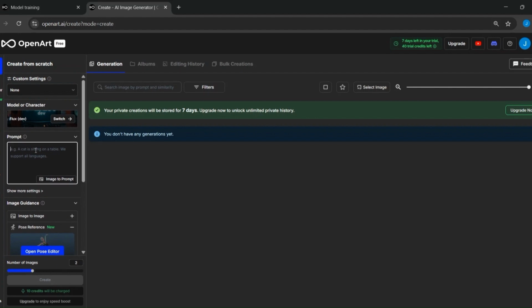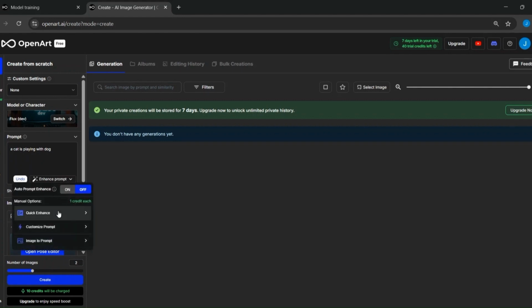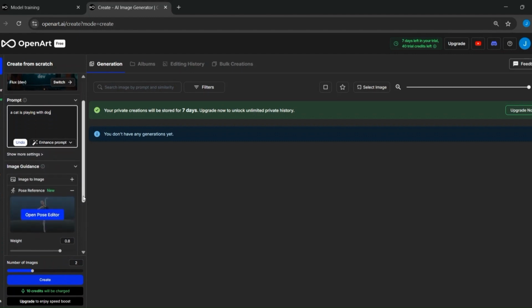Let's dive into the generation details. First up, we see the model used, Flux Dev, the engine behind this adorable creation. The magic starts with the prompt. A cat is playing with dog. Just that simple line brought this scene to life. With a scale of 3 for extra detail and 28 steps to fully render the image, the system worked its